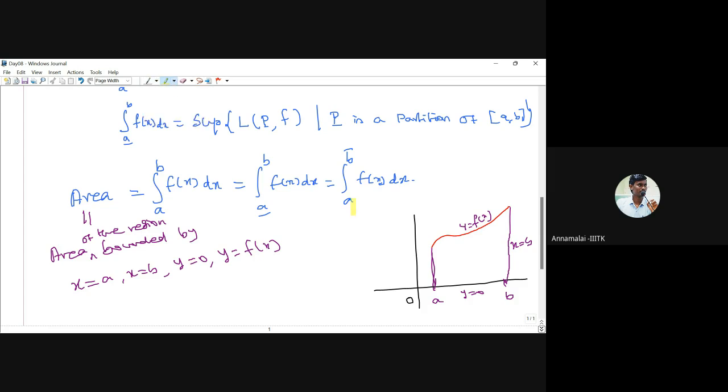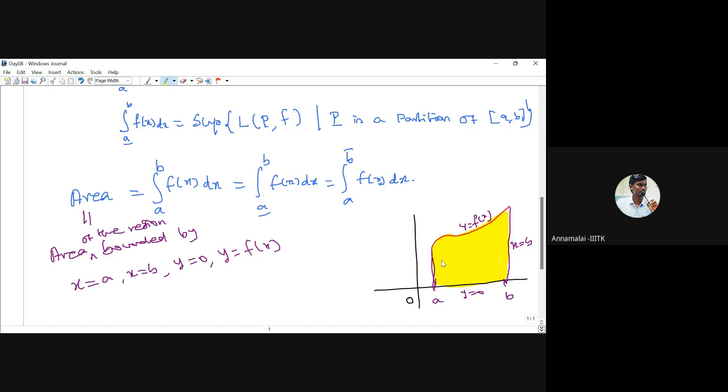We can take this shaded region. The shaded region we call an area. This is only for a single variable, where the function is a function of a single variable and is a bounded function. Then we can talk about the integration. Okay. Now similarly we can extend